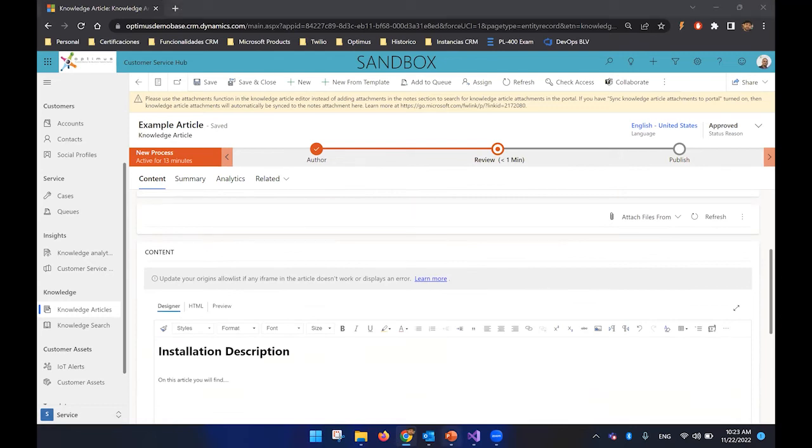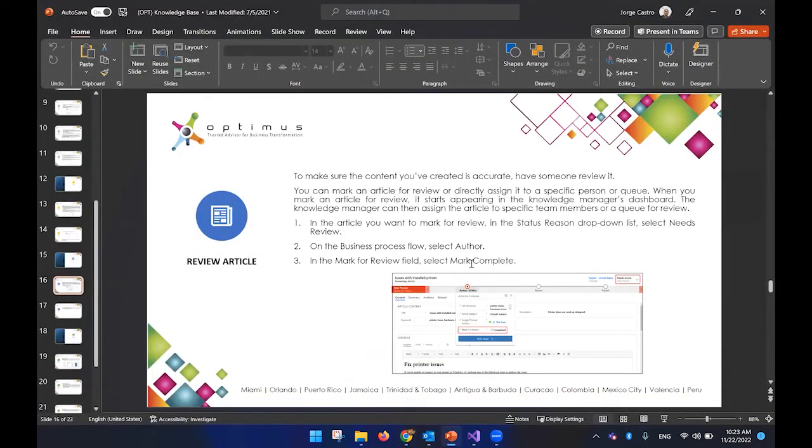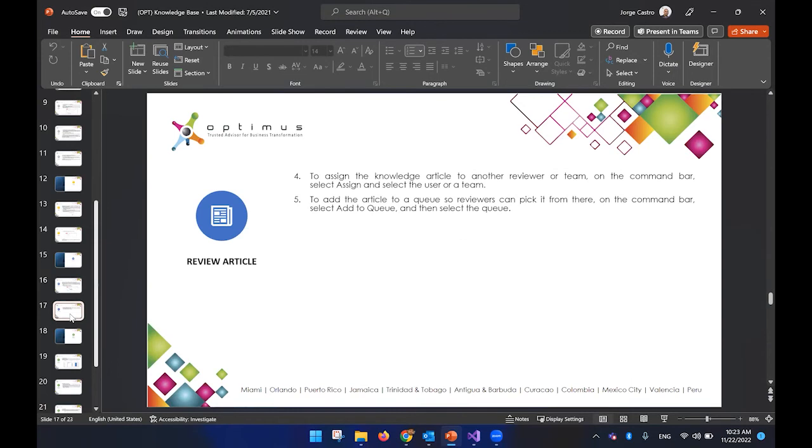For example, the revision process is just to check the process as reviewed, and it's going to be just like that. You just need to approve or reject the article. If you want someone else to approve the article or something like that, you can assign the record. But of course, the person that is going to approve needs to have the permissions to change the article